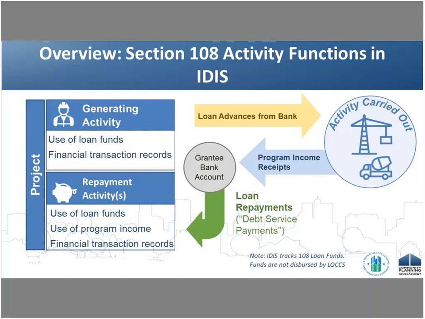So we principally have two types of activities in IDIS. We have what we call a generating activity and what we call a repayment activity. A generating activity shows the initial use of those loan funds that you've advanced from the Bank of New York. And we use IDIS as a financial transaction record because these transactions do not occur within IDIS or LOCCS. These all occur in the